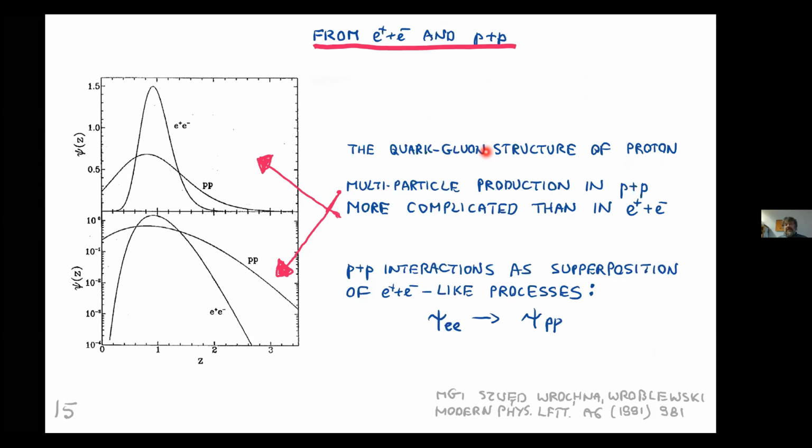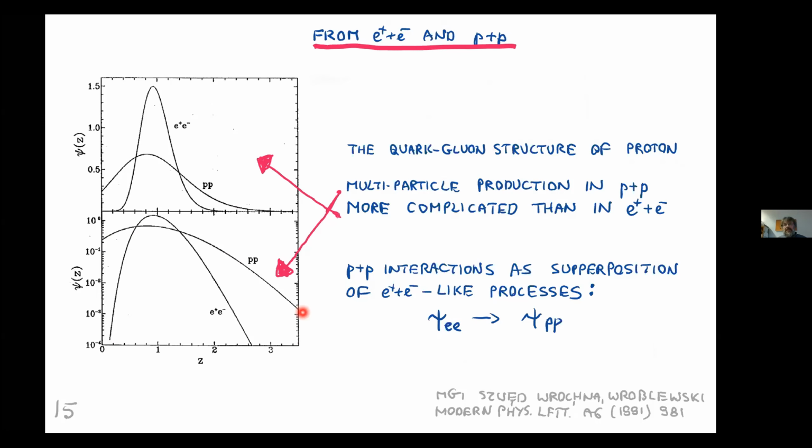But if this fractional variation, what energy goes there, how many strings you initially stretched, is collision energy independent, it means that you have the scaling invariance of this branching process. Then you naturally get that if you assume a log-normal distribution in e+ e-, you will get in such a superposition model also a log-normal distribution in pp, but with a much broader scaling function which reflects all possible variations